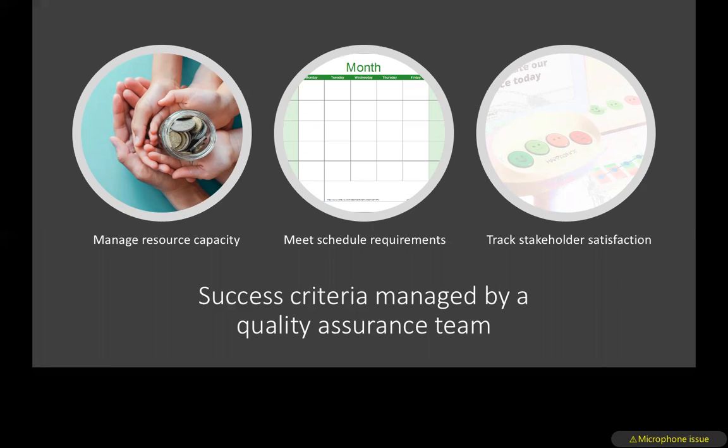So the 3 items to be managed are in the bubbles on the screen. The first is resource management of the money dedicated to the dumping ground projects within the park. Second is to meet the schedule requirements of the building process in order to complete the projects before the 2023